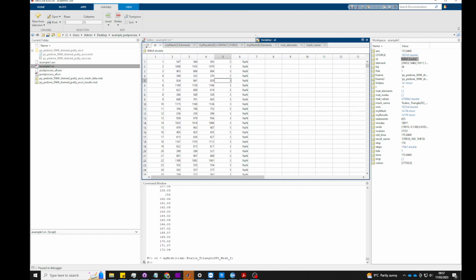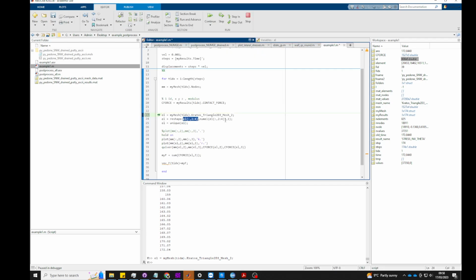Wow, my computer was so slow. Which is the ID of the first, second, and third nodes. So I'm taking all these nodes. I'm reshaping it so I don't have a matrix 3 by n of nodes, but I have 3n by 1 nodes, using numel, which is the product of line and number. And this gives me L, which is